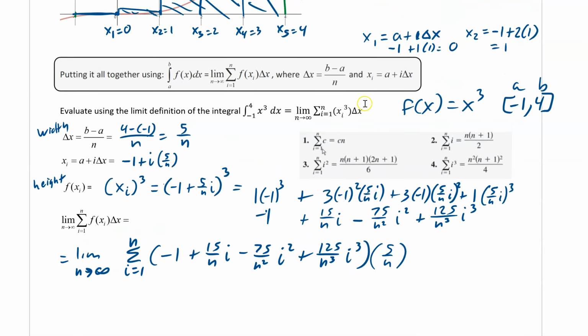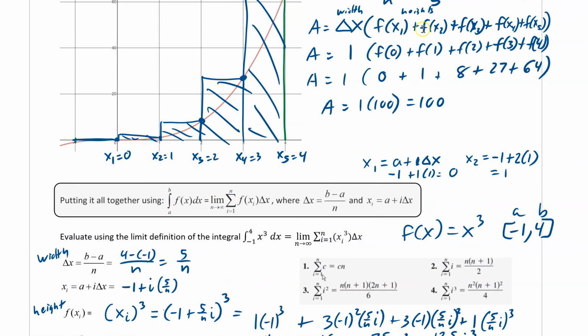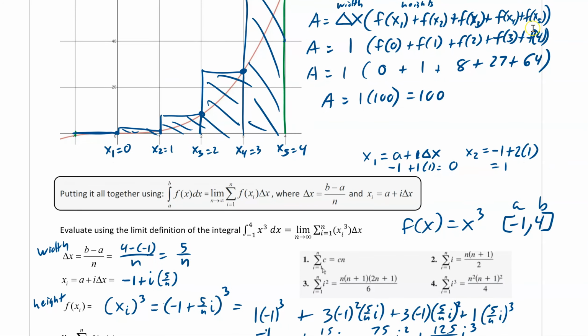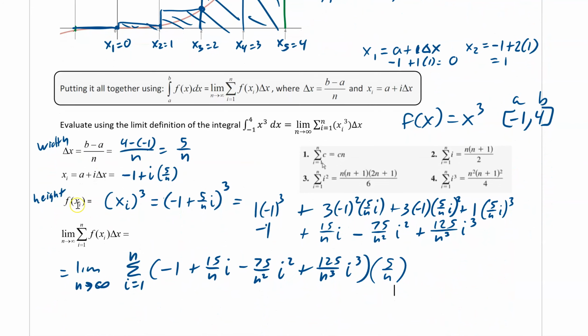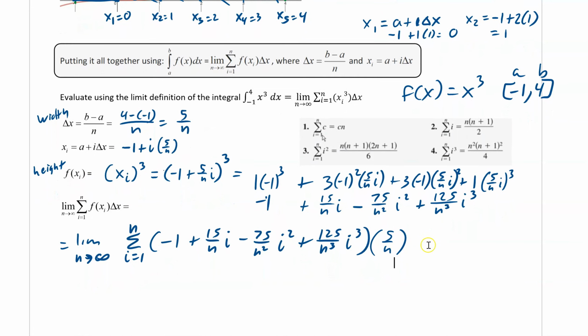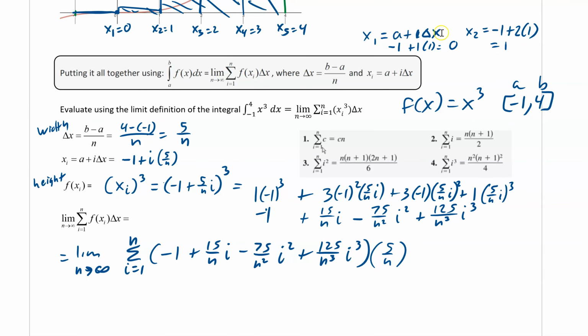So you can see that this is the same thing we have up here. That's our change in x times the addition of all of our heights. So there's our change in x, our delta x, times our f of x sub i, which is all of this. And the i just means we're going to plug in 1, just like we did here, and it's going to give us our first point,